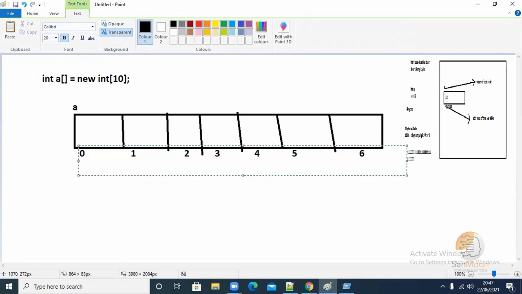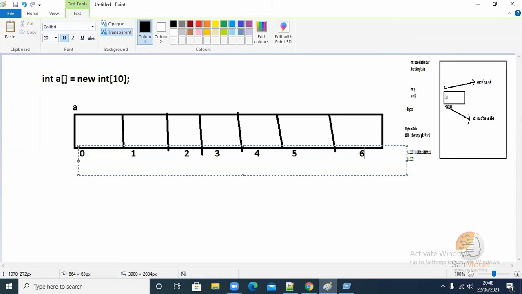0 to 9. The moment I declare int A, bracket open, is equal to new int of brackets, a big bracket. This is called the array bracket. You should use that bracket only. You should not use the method bracket. You have to use the same bracket. This is the syntax only. So whenever you declare like this, what is going to happen? It will declare 10 variables in the memory, and the name of the array will be A only, but the indexes will be created like 0, 1, 2, 3, 4, like that, up to 9. 0 to 9. Like that, you will have 10 variables.